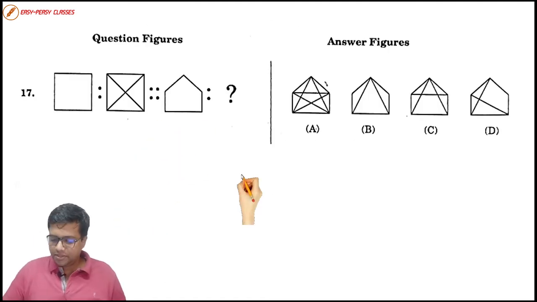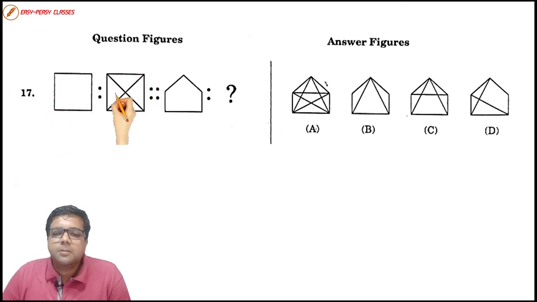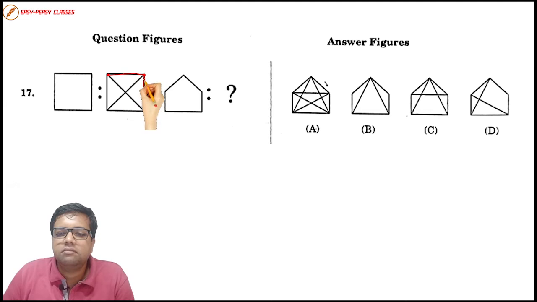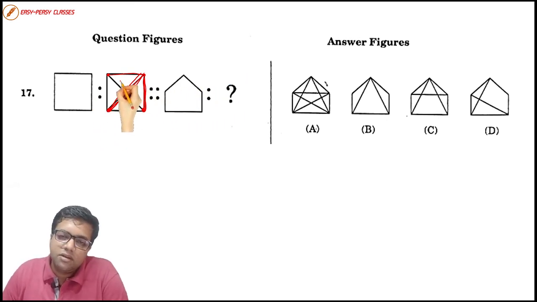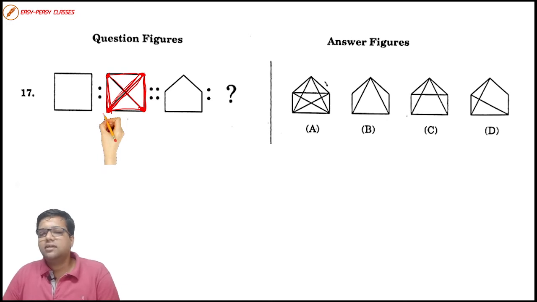Okay, we have the question over here. So there was a square and the square gets diagonals. Means every corner is attached with other three corners. This corner is already attached with this corner. This corner is connected with this corner. This corner is getting connected over here. The diagonals get connected, right? The similar way, the other side, this corner is connected over here. This corner is connected over here. This corner is connected over here. Similar way, this corner is connected over here, connected over here, connected over here. So all the corners are connected somehow.